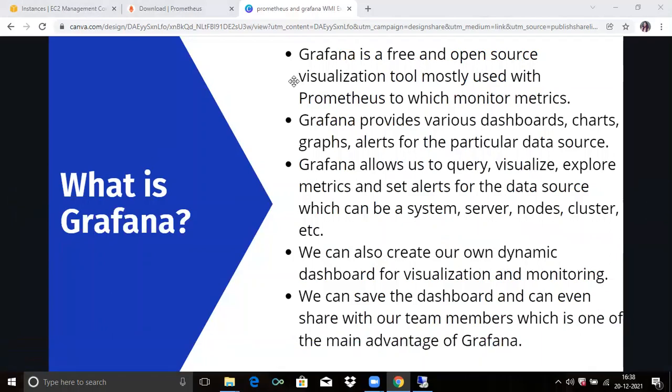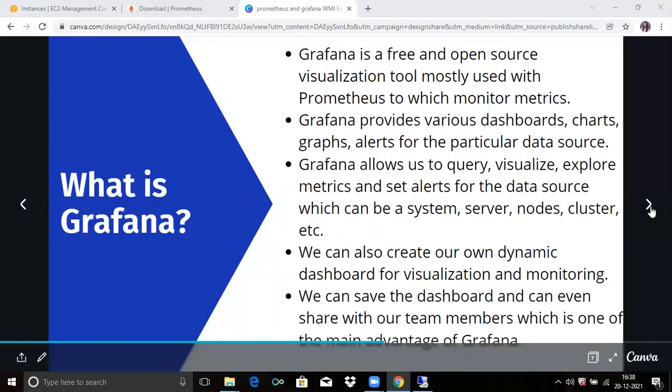Grafana allows us to query, visualize, explore metrics, and set alerts for the data source, which can be server, nodes, cluster, and etc. We can also create our dynamic dashboard for visualization and monitoring. We can save the dashboard and even share it with our team members, which is one of the main advantages of Grafana. So that's Grafana.